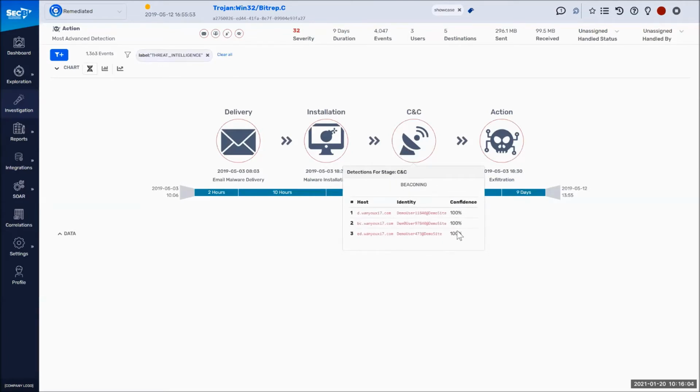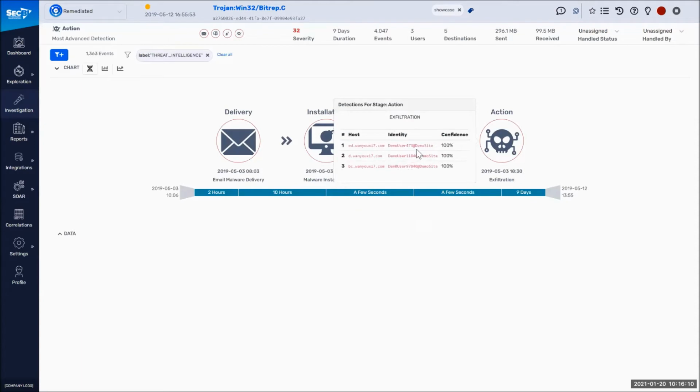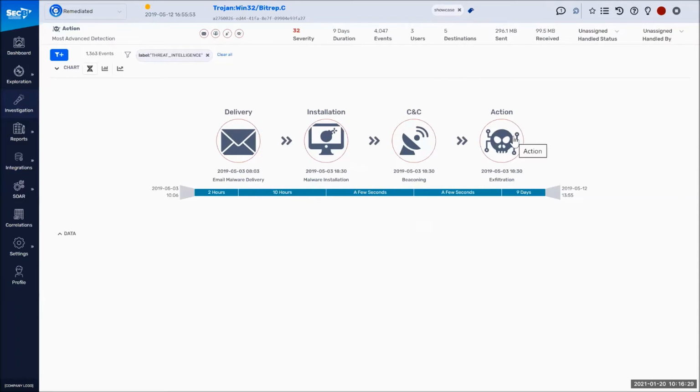Again, 3 identities, same identities, communicating with 3 different hosts. And finally, they're also exfiltrating data, sending data out, again, to these 3 hosts. All in all, we're looking at 3 users communicating with 5 destinations, sending out 296 megabytes of data. Now, if this is enough for you to make a decision of, yes, I want to respond to it, you